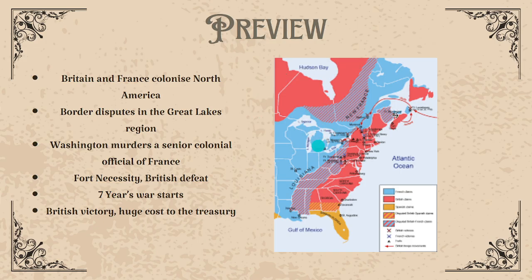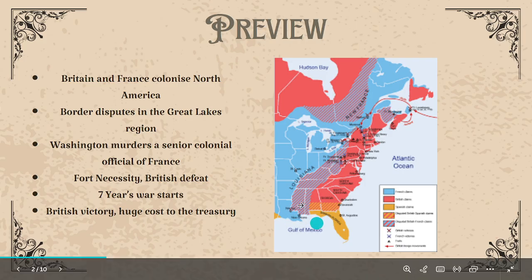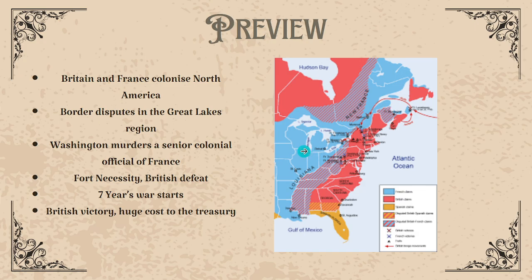Here you have the French controlled New France, that becomes Quebec, and later on part of Labrador, which is connected to Newfoundland here. And also the entirety of the Louisiana Territory, which remains French prior to the 7 Years' War and prior to the conflict which would bring about the creation of the United States.